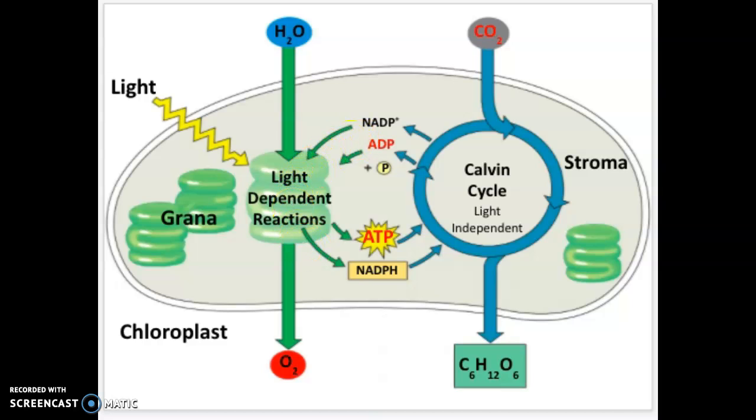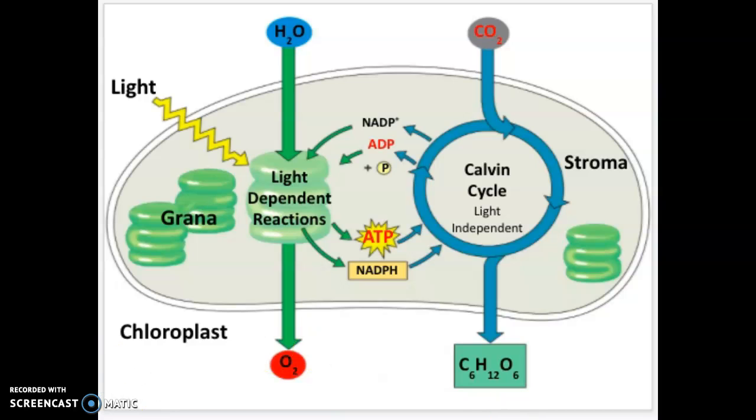We're not going to worry about NADPH. That's going into a lot more detail, but it's another energy-carrying molecule. So in the light-dependent reactions, water and sunlight come into the thylakoid and they charge up ATP. Oxygen is also released at this time. This ATP molecule moves to the Calvin cycle, which is also called the light-independent reactions. Carbon dioxide also comes in, and this is where we form our glucose or sugar molecule.